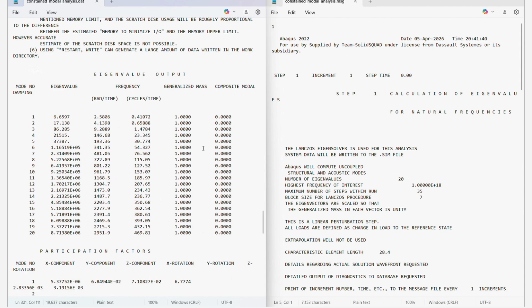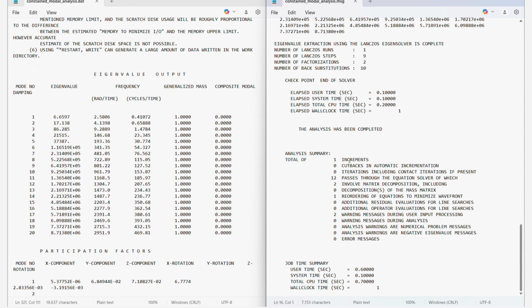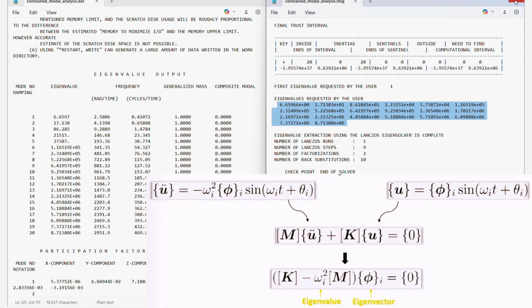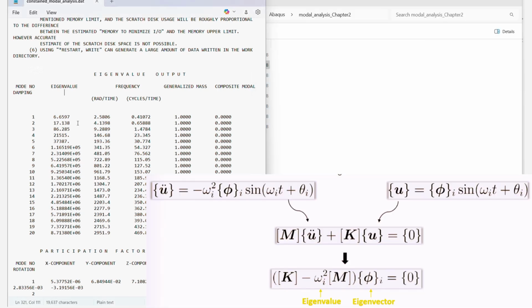So in the dat file, you can see in the message file that your analysis has been completed and your eigenvalues are written here. The same eigenvalues are here. So the solver basically only evaluates the eigenvalues, and then